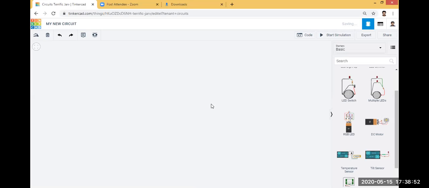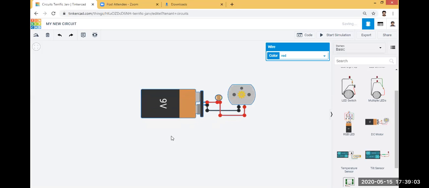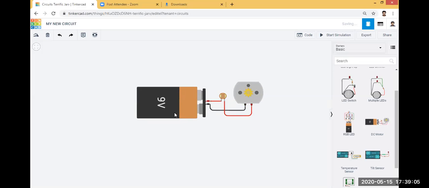Then I will show you another example, that is a DC motor. So I will click this and move it to the workspace. You can see this circuit consists of a 9-volt battery, a DC motor, and a photoresistor.